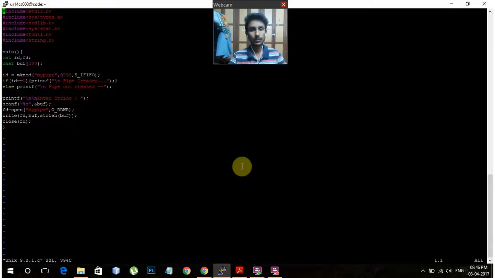So let's look at the code. This is the first process. Here in the main, we have all the header files, and two integers id and fd, and then a character buffer. Here mknod makes a new pipe, that is my pipe, and gives it the permission, that is 0755, and this FIFO shows that it is a named pipe. So now if id equal to 0, then the pipe is created, and if not, then the pipe is not